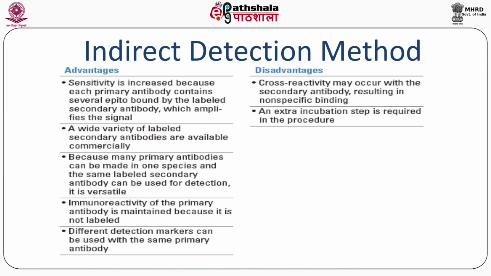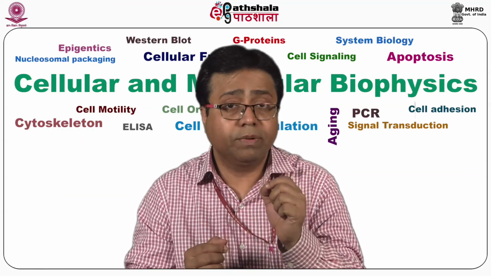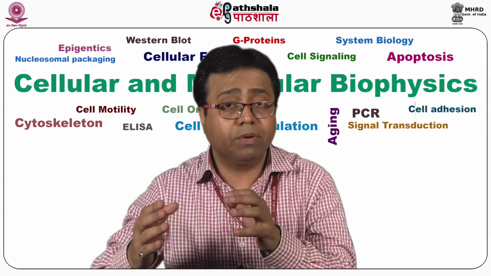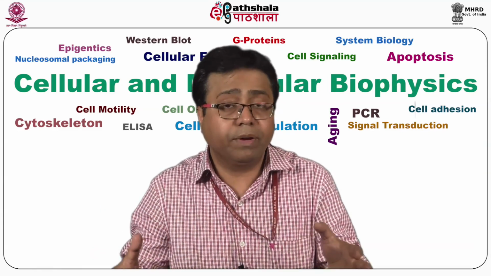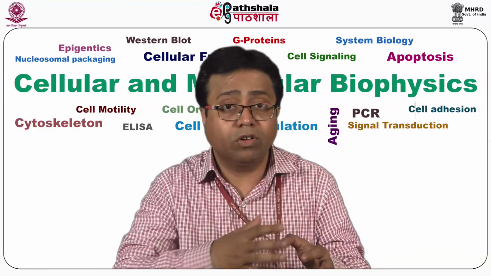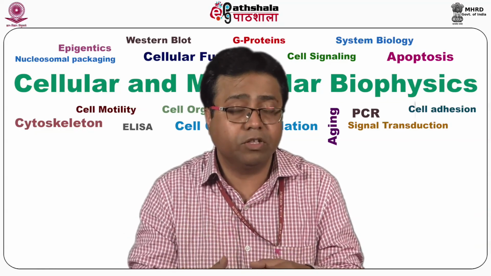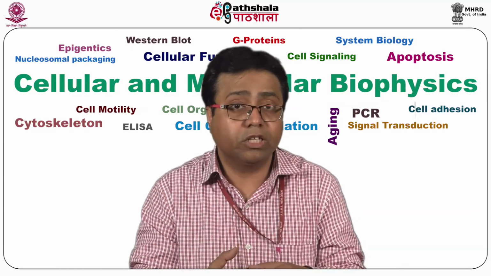Now, let us look into the advantages of the secondary methods. You have a primary antibody and then you have a secondary antibody. Now, we do not have to label individual primary antibodies. Just by labeling a couple of secondary antibodies, anti-rabbit, anti-mouse or anti-goat, whatever it is, you can interrogate a whole lot of the primary antibodies. So, just with a handful of secondary antibodies, all the primary antibodies can be detected.